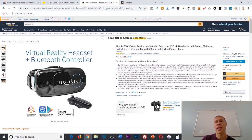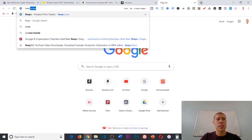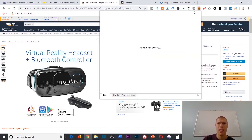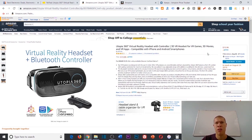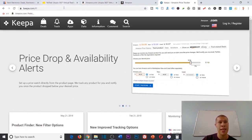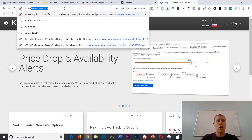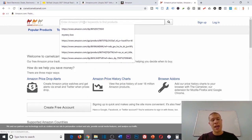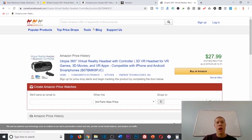So one of the things that I like to do is I'll use the FBA Calculator, but another thing I like to do is use Keepa. Now, for some of these, for whatever reason, the Camel extension has been having an error lately. So I'll just take this into Keepa or go to camelcamel.com and search the price history. So you can take it into Keepa if you want. It's a great place to use it. Or you can take it into camelcamel.com since the extension's not working and look at the price history of this product